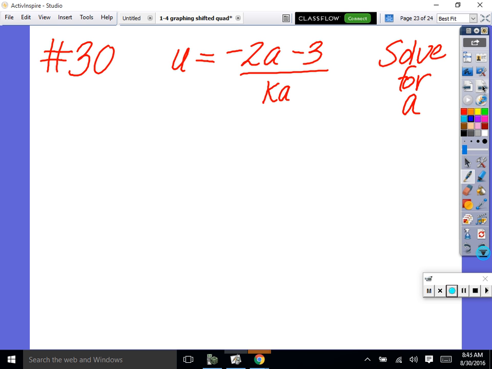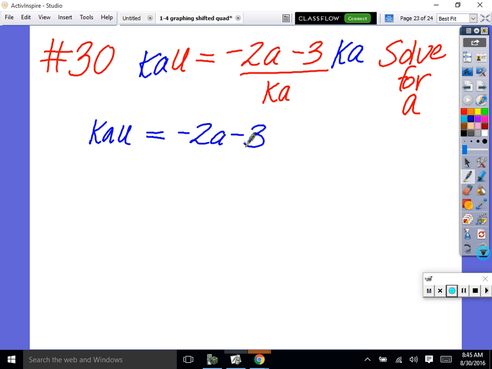But careful, because isn't that negative 3 divided by ka right now? So we can't just bring the 3 over. It's negative 3 over ka. So let's get rid of fractions first. Let's multiply both sides by ka so that we're not dealing with fractions at all. So I have ka on both sides. So I have kau, those are all multiplied, is equal to negative 2a minus 3